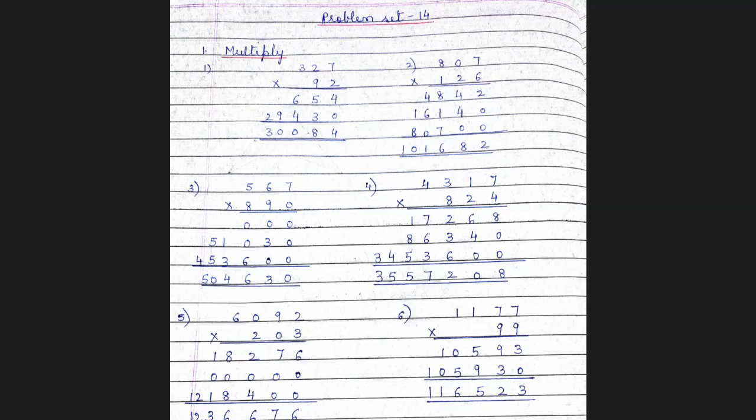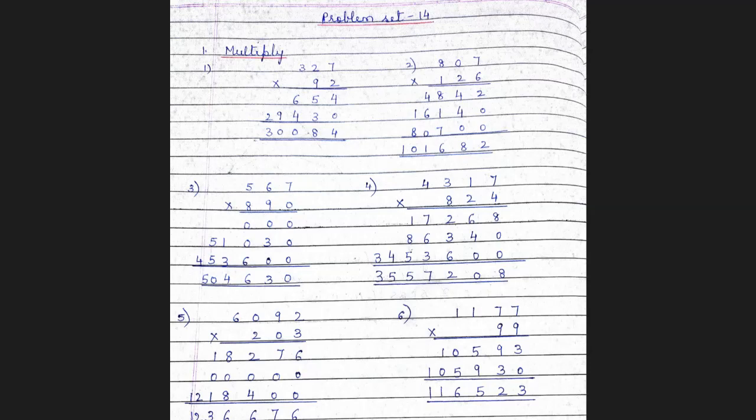When you add, you get 4 plus 0, 4, 5 plus 3, 8, 6 plus 4, 10, 0 carry over 1, 9 plus 1 10, 0 carry over 1, 2 plus 1 3. So your answer is 30,084. Okay, so that's the first sum. Second sum,